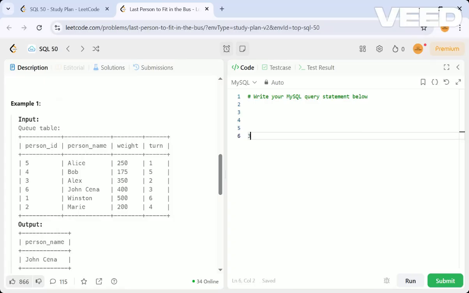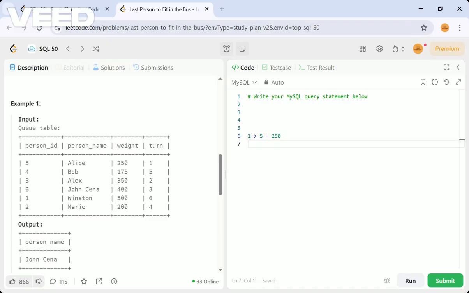The fifth person has boarded the bus in the first turn, and his weight is 250. Let me order by the turns first. In the first turn, we have person ID 5, whose weight is 250.